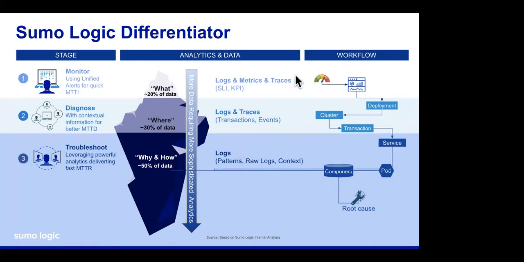So what happens up here is when I'm monitoring, I get some sort of a gauge chart or some sort of a chart, maybe some sort of an alert, and it tells me I've got a problem. Ultimately, that will take me, if you're on the cloud, into my deployment, maybe into a specific cluster or a Kubernetes cluster or whatever, looking at my various transactions within those clusters. Again, from there, I can go into a specific service, looking at the logs of that service, looking at the logs of that pod,